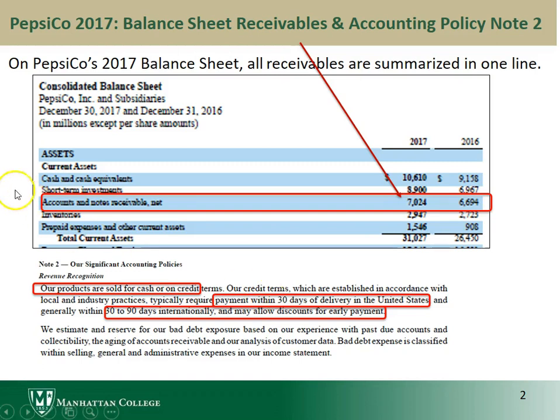Now, we said that every time you grant customers short-term credit, there's a chance they won't pay you. So they have to estimate an allowance for uncollectible accounts and at the same time bad debt expense. So they make this estimate